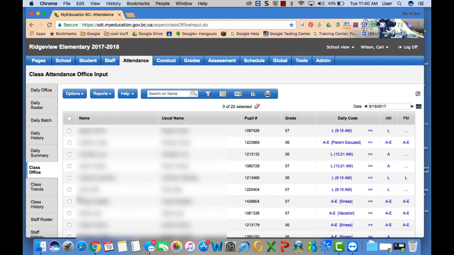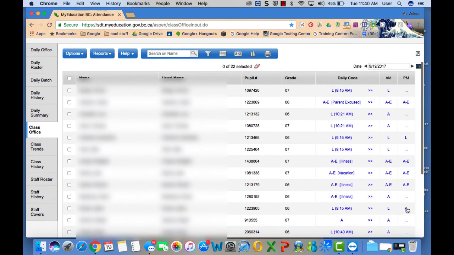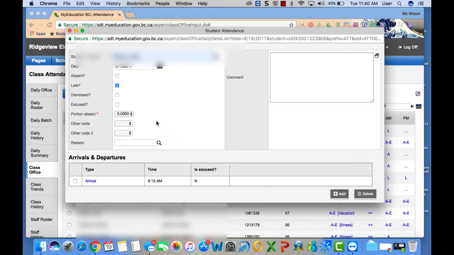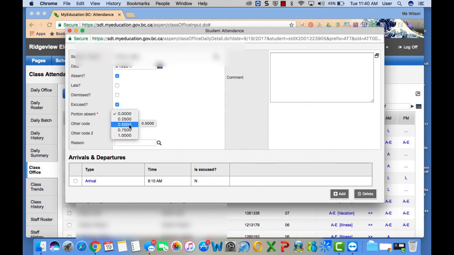As you scroll further down, you'll see that this student is absent in the afternoon. So this is a student you're going to have to contact their parents. Once you've done that, you found out where they are, you're going to go over to daily code, click on that, and you are going to change the absent to, you're going to add absent, excused, and just the afternoon, so 0.5,